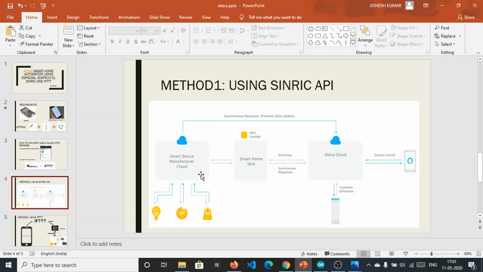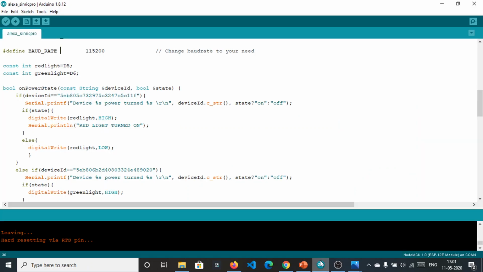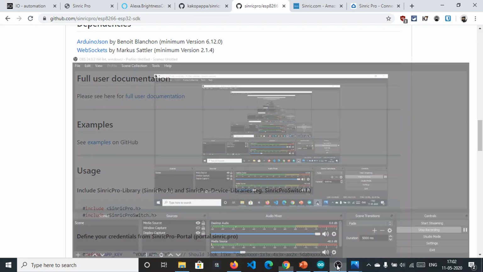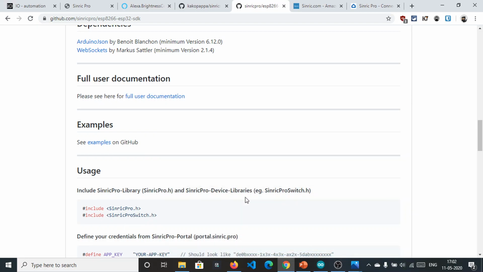So you can control devices from Alexa by voice command, and this command will be listened to by the smart device manufacturer cloud, which is Synric, and Synric will get the data and perform the action according to the sketch you uploaded in your NodeMCU. Okay, so this is the whole process, how this works.